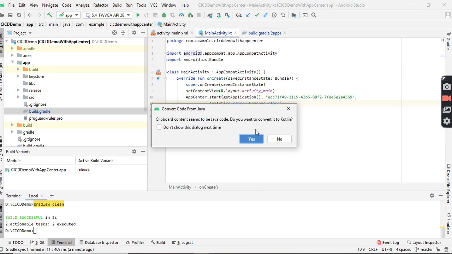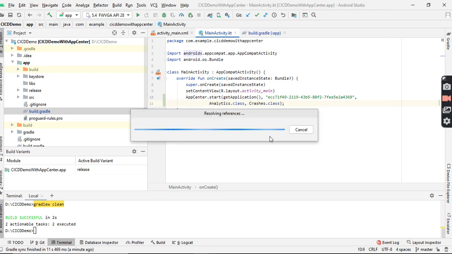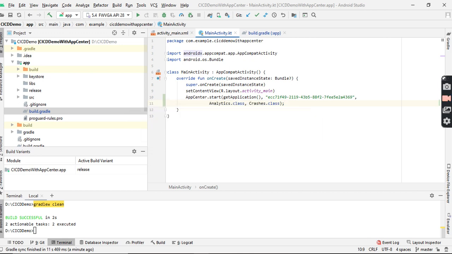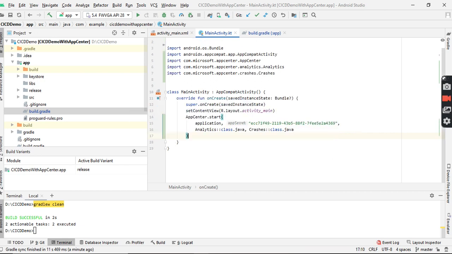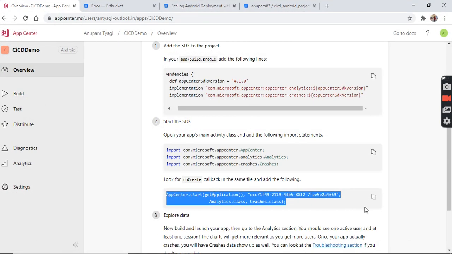I will paste this code too. It asks whether I want to convert it to Kotlin, because the App Center code is in Java. The good thing is that Android Studio automatically converts my Java code to Kotlin code. So now my app is ready. I have done all the instructions that App Center asked for.